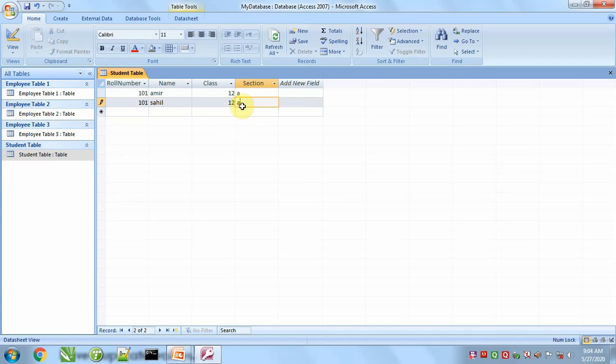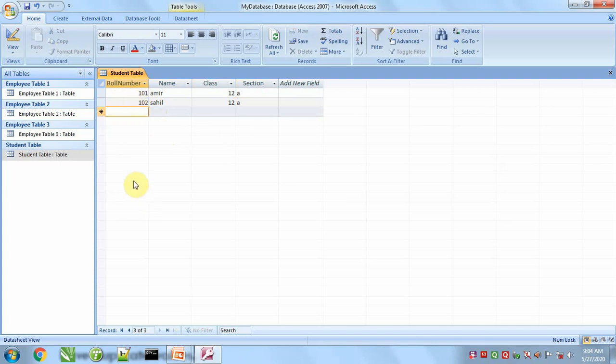So it generates a warning message because it violates the rule. 101 is a duplicate entry, so we have to change it. If we say it is 102, then this entry is accepted. So like this, a primary key column forces an entry to be unique. It means in a primary key column we have to enter a unique value.